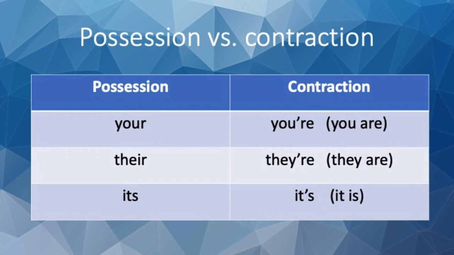Another point to note is that we try to avoid contractions in legal writing anyway, because they are more casual and therefore look less professional. So really you shouldn't be using it's as in it is as a contraction in your work anyway.